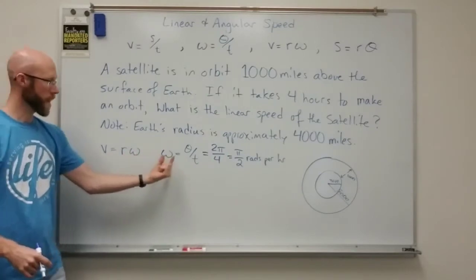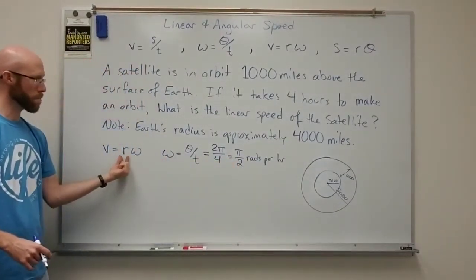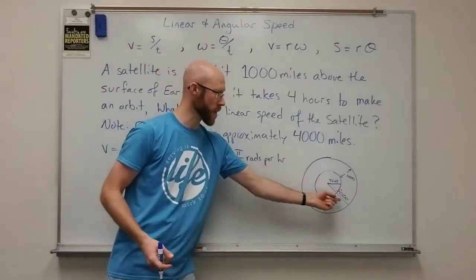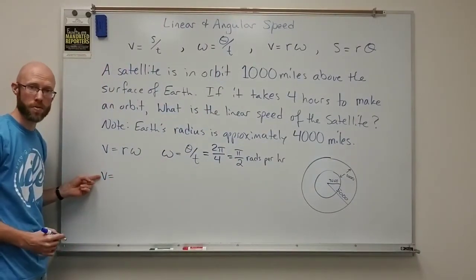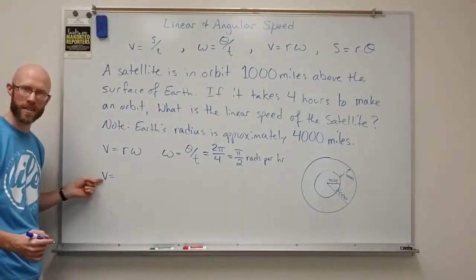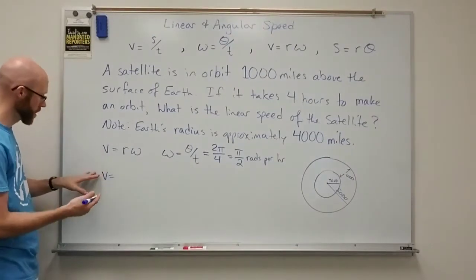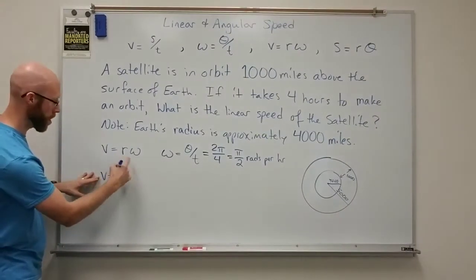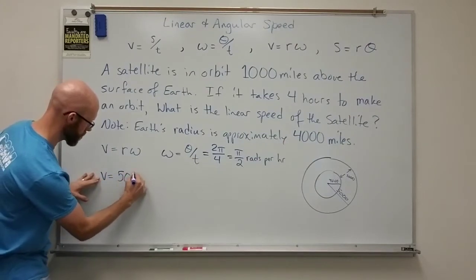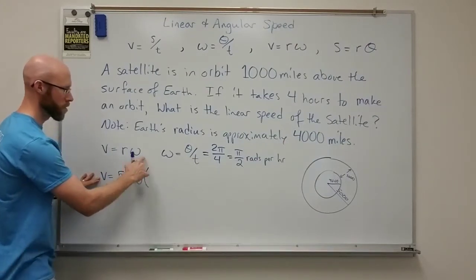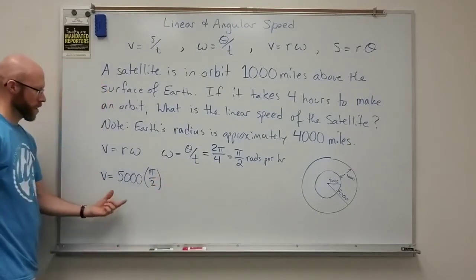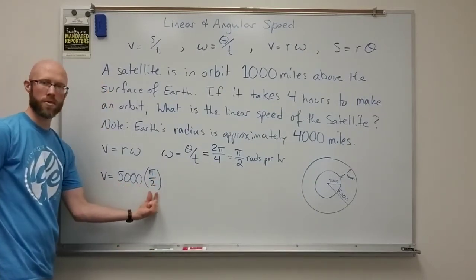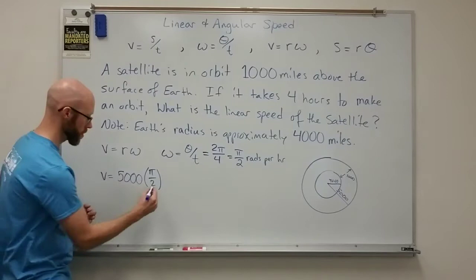So if I take that angular speed and multiply it by my radius, which is 5,000, I get my velocity, or my linear speed. I keep saying velocity because it's a v. That's okay, same idea. The r is 5,000. The omega is pi over 2. Of course, I could reduce this. 5,000 over 2 is 2,500. So it's really